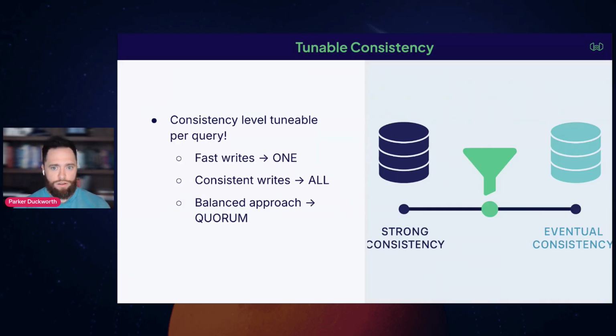So one aspect that we looked at for improving object replication, or consistency in general, is tunable consistency. We opted to engineer Weaviate such that the consistency level is tunable at the query level. This means that you don't have to set a consistency level at runtime. You don't have to make any config changes. Basically, depending on the needs of the query at any given time, if you need to optimize for fast writes or for consistent writes, or if you want a more balanced approach with a quorum of nodes, then you can